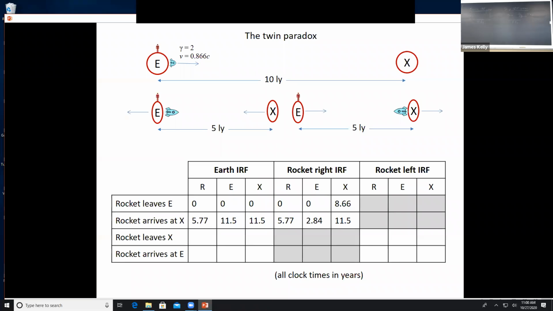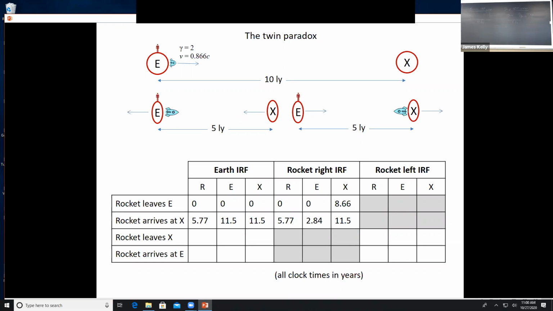Well, I've got to calculate it. I know how fast. One way to calculate it is to say, I know how long the trip is going to take from the Earth point of view. Look, they've got to go 10 light years at gamma equals 2, at 0.866 c. So I can use distance equals speed times time from the Earth point of view to get the time in Earth years. What we want to know is how long the clock on the rocket, which started out at 0,